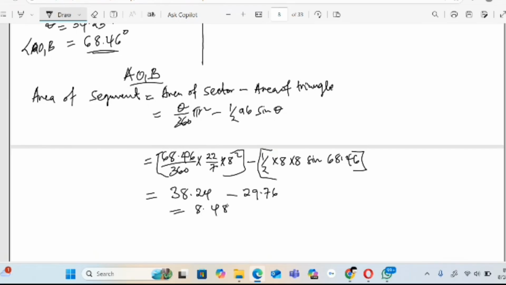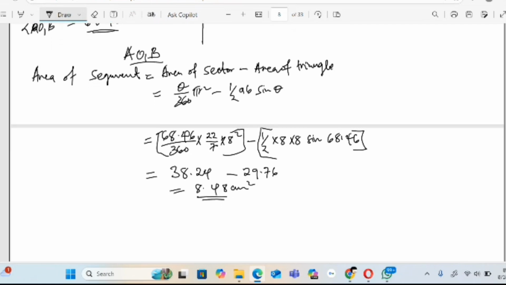So this is now the area of the first segment. So we have to take the area of the first segment, add to the area of the second segment. So we now go to the area of segment 2,